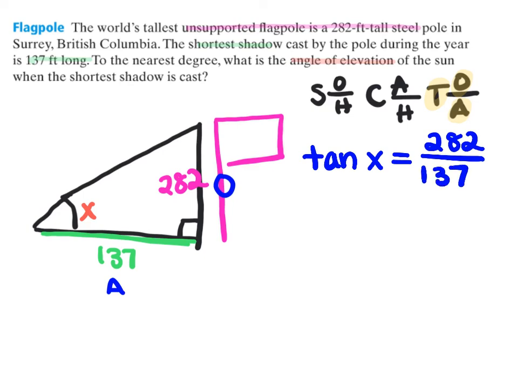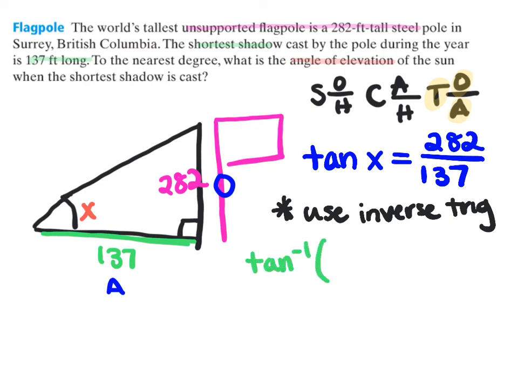Now, in order to solve, because we are solving for an angle, you have to use inverse trig to undo the trig that we have there. So if I take the inverse trig function of both sides, so inverse tangent of tangent of x equals inverse tangent of 282 over 137,